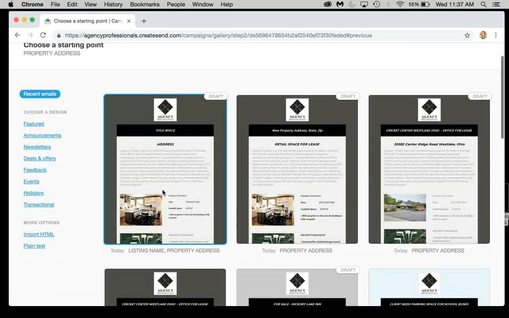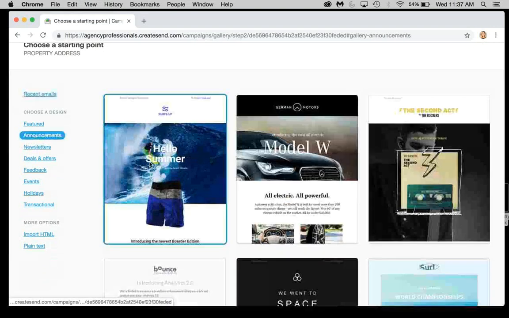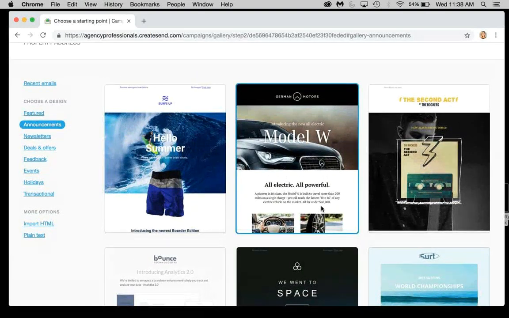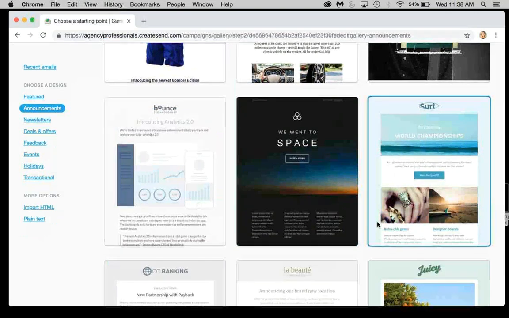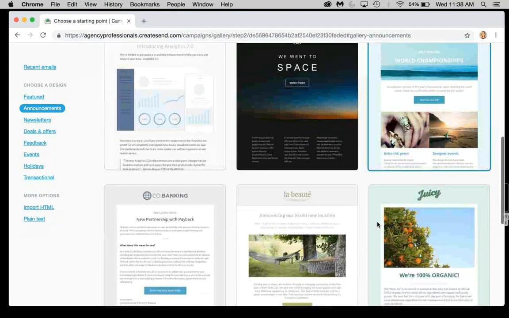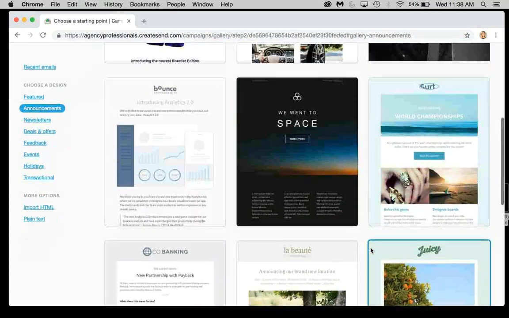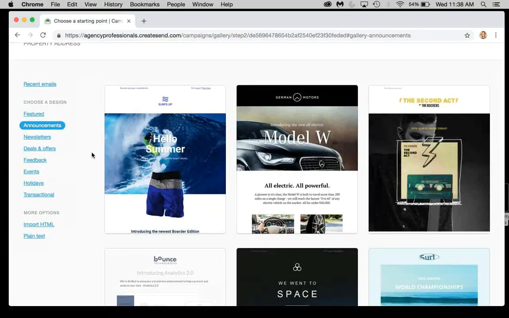And then you can do one of two things. You can either select any of these categories on the left here, and then you'll see that this program, along with the other two I mentioned, iContact, Constant Contact, they offer these beautifully designed templates to build out of. So you can go ahead and select which one you want to build out of, modify or customize to your listing. You could also